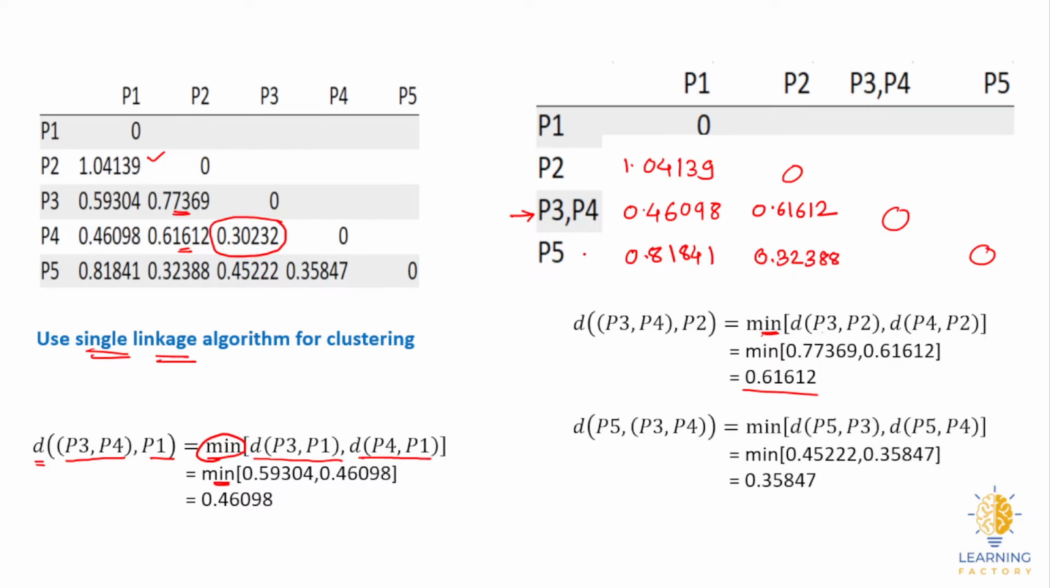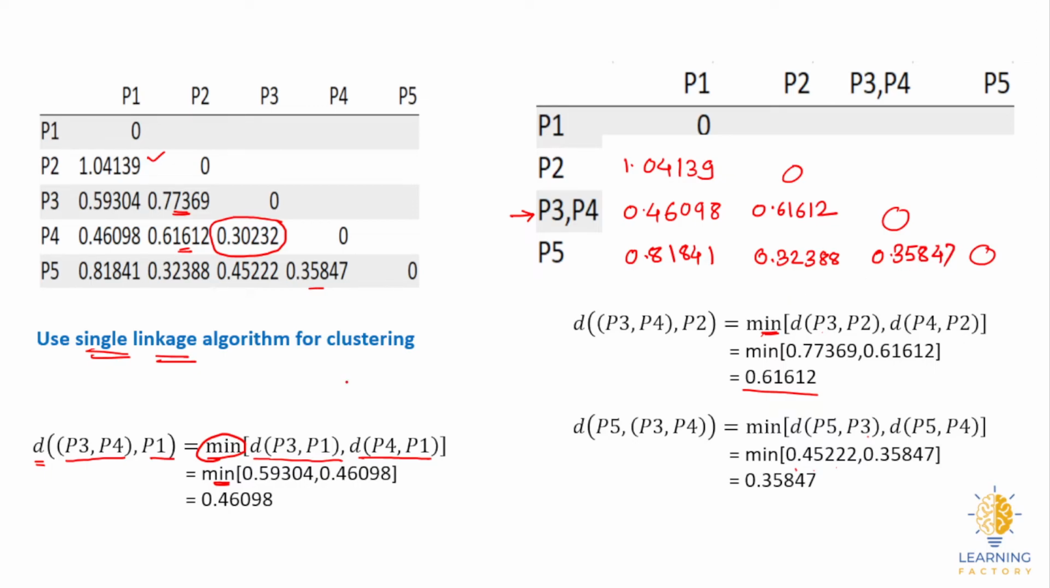So to compute it, we'll be looking at the distance between P5, P3, which is 0.45222, and distance between P5, P4, that is 0.35847. So minimum of these two would be 0.35847. So we will be replacing it at this place,